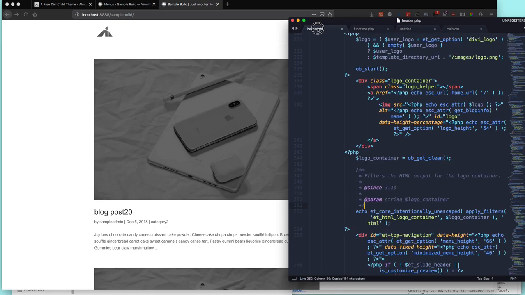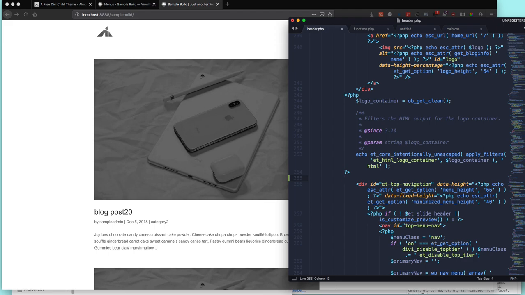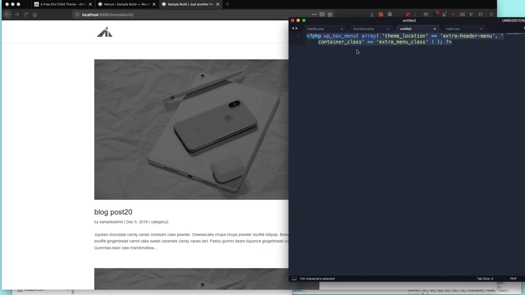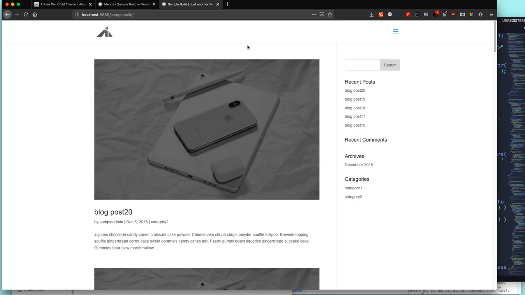We're going to take that and go to the header PHP, and right after the logo container, keep going down, and there's a PHP snippet here for right after the logo container. If you write a new line, that would be 255. Right before ET top navigation, you add that PHP line. This line goes in here. This starts showing the menu while adding a new class. Save that, refresh this,